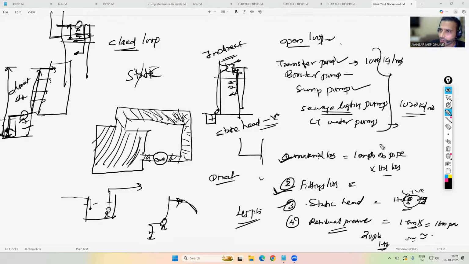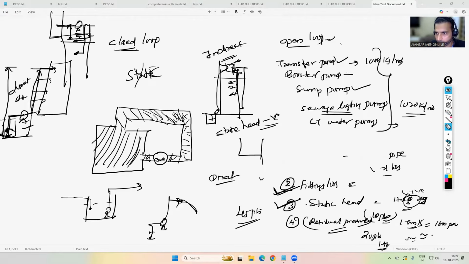Cooling tower water pump is an open loop pump only. When you are calculating, you have to calculate the material losses, the fittings losses, and the static head, and just 10 psi of residual pressure we have to consider. But in addition, in a cooling tower we will have a spray nozzle. As you know, after removing the condenser heat, when we are calculating the cooling tower, definitely you have to consider